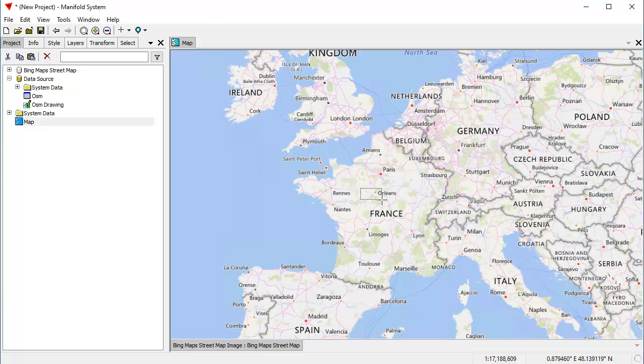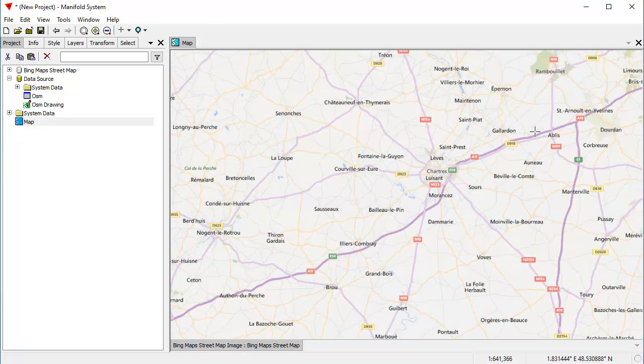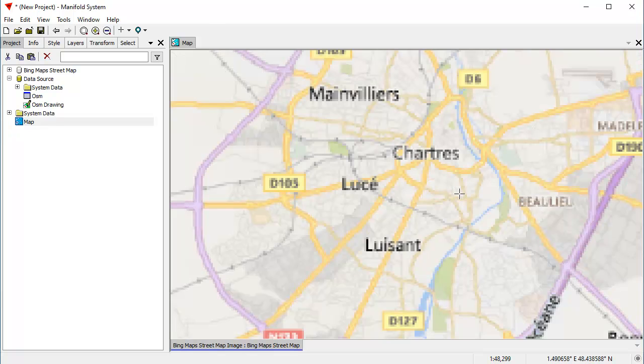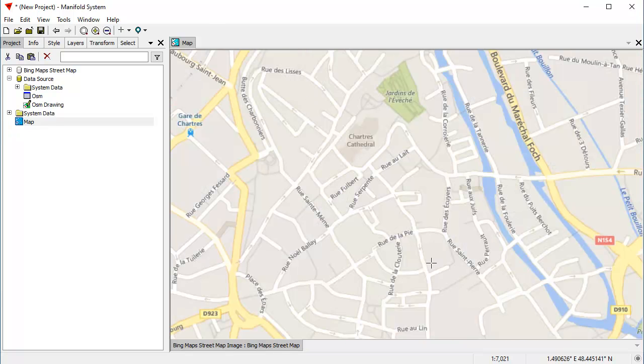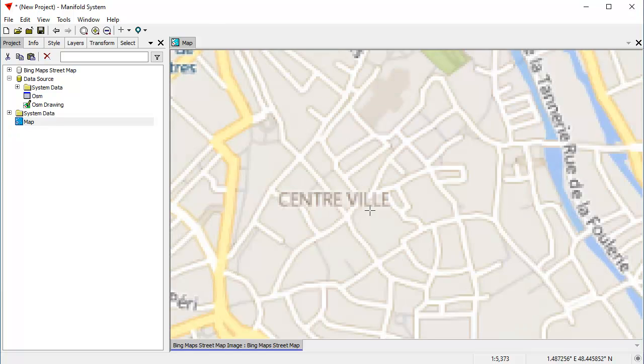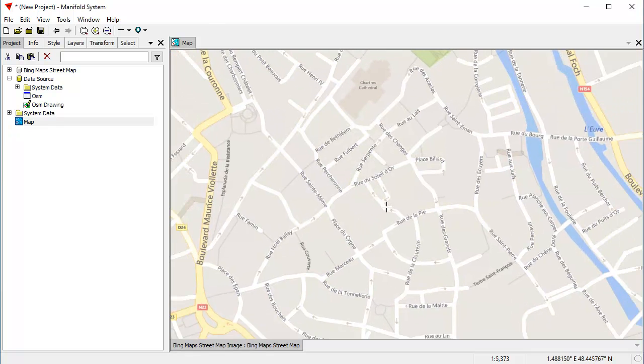In particular, we'll zoom into a town not far from Paris called Chartres. It's where the great Gothic cathedral is located. If you ever have a chance to visit it, you should, if you like art and history. And we'll zoom far enough into it so that OpenStreetMap isn't going to have any issues giving us the data